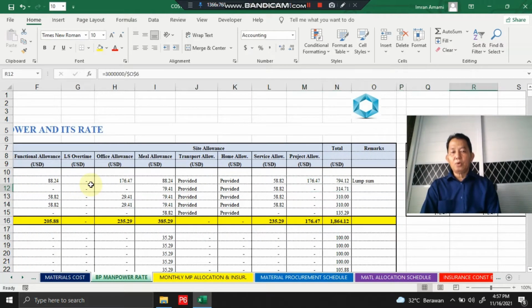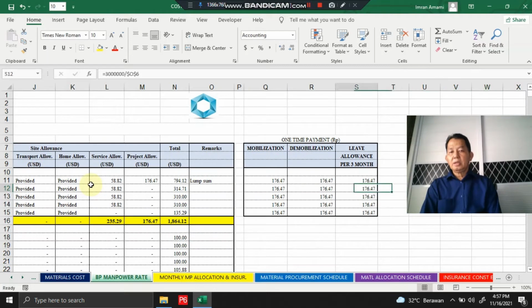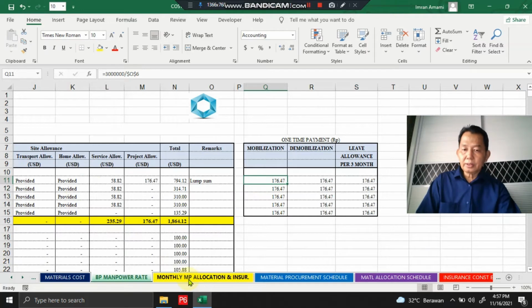Also, we calculate the cost for mobilization and demobilization for each personnel. Also, leave allowance for 3 months. Okay, and then